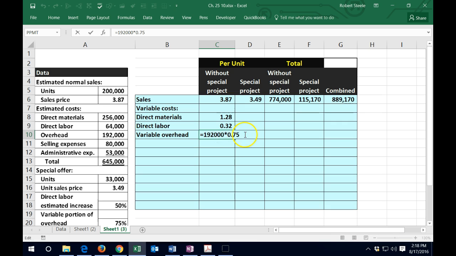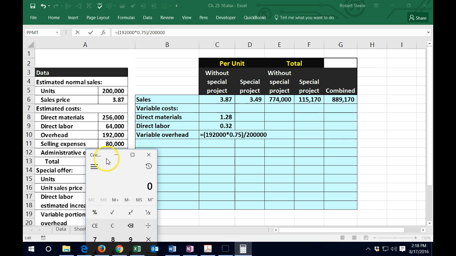I'm going to double click on that, and then I'm going to divide that by the 200,000. And there we have the 0.72. Now, order of operations doesn't require the brackets here, but obviously, if we were thinking about how we would normally do it, we would do this first. So if you want to put brackets to be safe here, we're going to do that. And then we're going to divide by that.